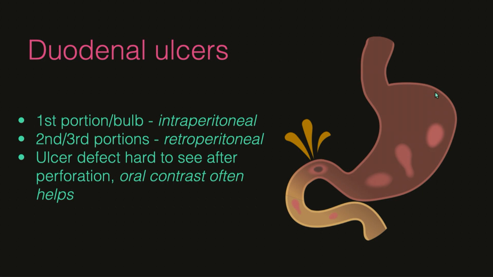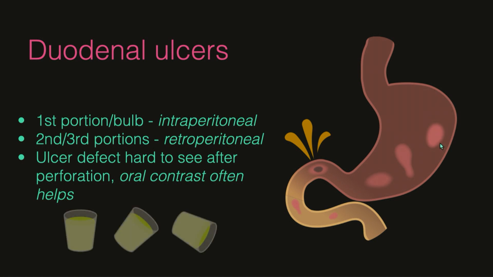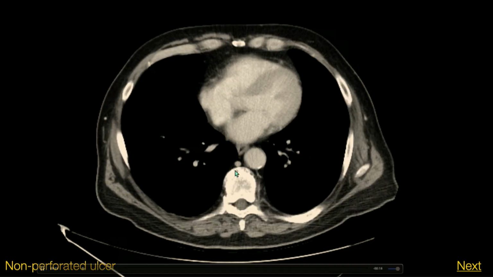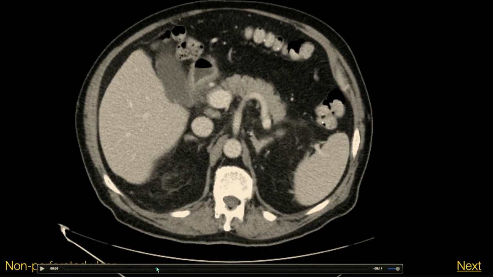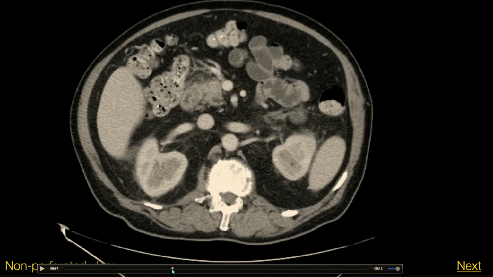The ulcer defect is often hard to see after perforation, and that's because you can kind of think of those coapting edematous edges of the ulcer coming together. And so oral contrast can help, so consider using that for problem solving. But we're going to start with a non-perforated ulcer. Admittedly not a particularly common diagnosis to encounter, but here, okay,